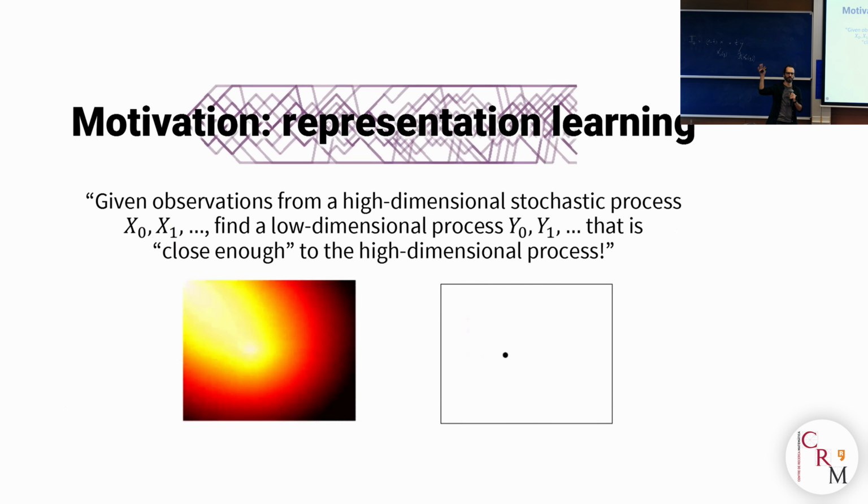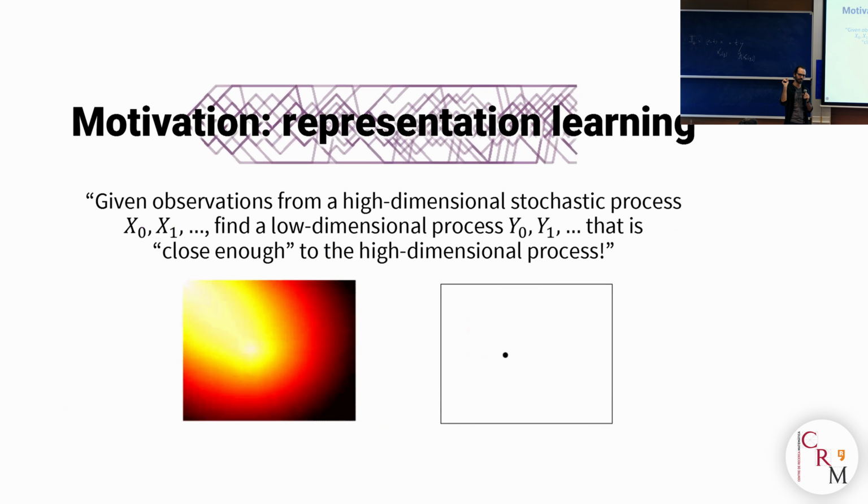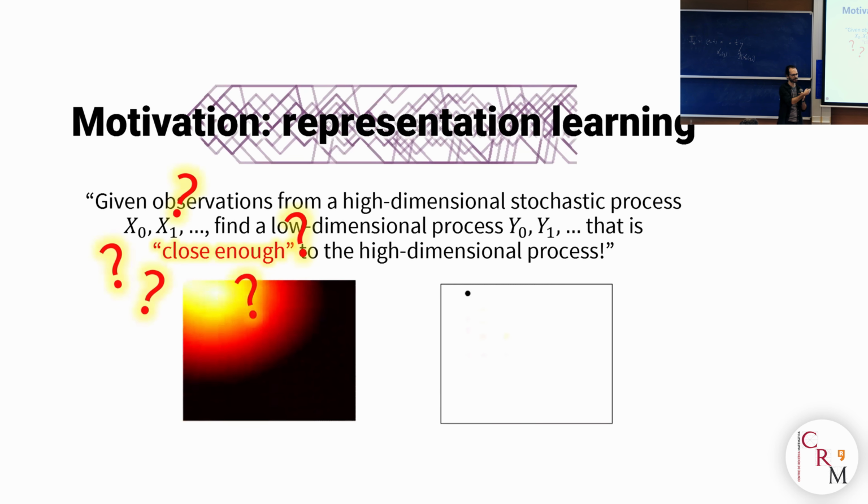Imagine that I have some high-dimensional process, let's say like a stream of video, a stream of audio, radar, whatever sensor I have, and I want to compress them into a low-dimensional representation. And I want to compress them in a way that somehow this compressed process stays close enough to the original process, right? So that somehow the two objects do not drift away too far away from each other. And then the big question is, okay, how do I define close enough? What does it mean for a high-dimensional process to be close to a low-dimensional process? And I'm going to use the language of optimal transport to answer this type of question.